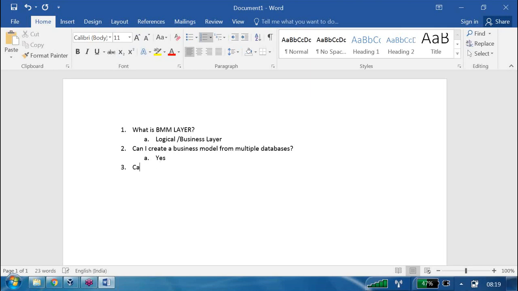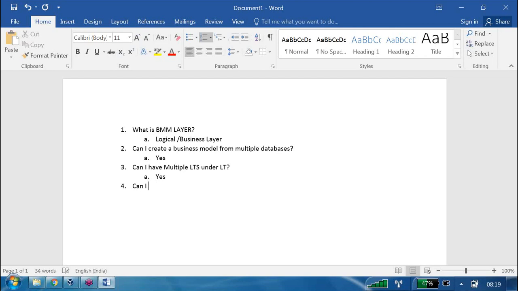Third point. Can I have multiple LTSs under LT? Answer is yes, we can have it. Now, next point.